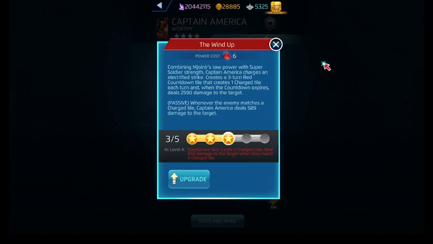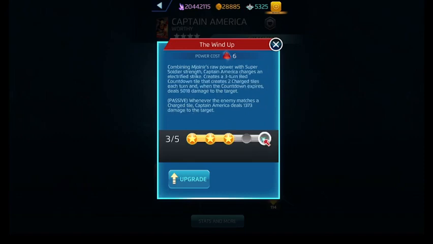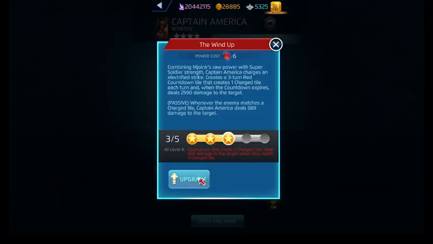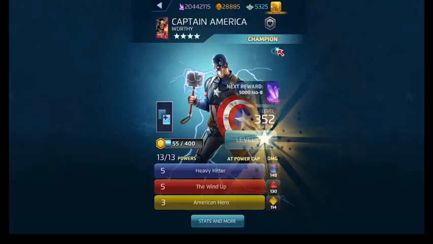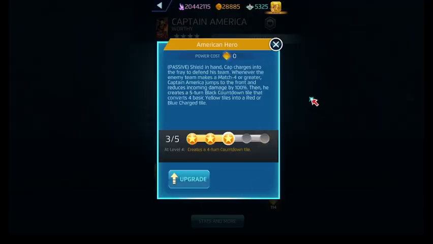So the wind up is his red ability, which costs 6, creates a 3-turn red countdown tile that creates a charge tile each turn, and then when the countdown tile expires, it deals damage to the target, and then whenever the enemy matches the charge tile passively, he deals damage to the target. So we'll probably end up making that their 5, since this here is a one-on-one fight. Alright, and then